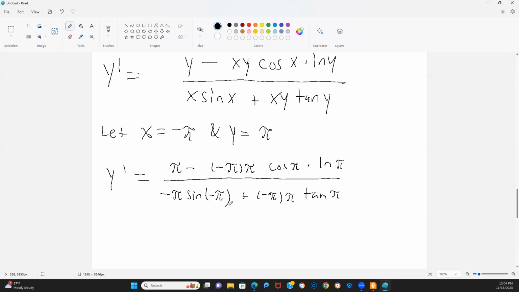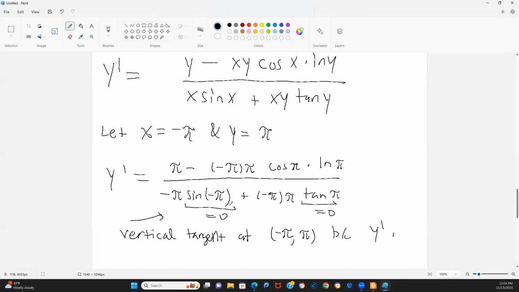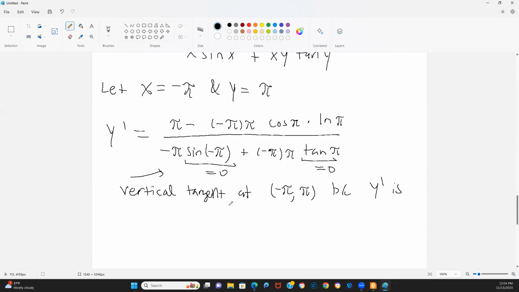So this right here is equal to 0, and this right here is equal to 0. So we should have a vertical tangent at this point, because y prime is not defined